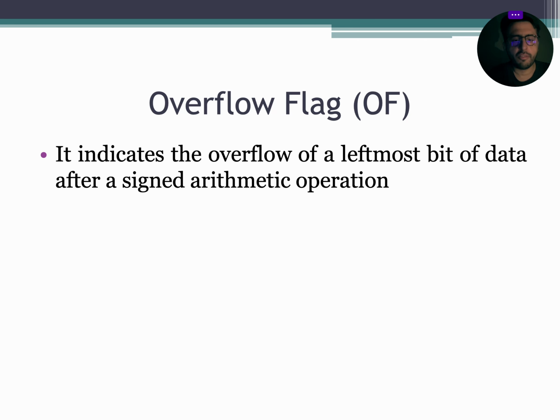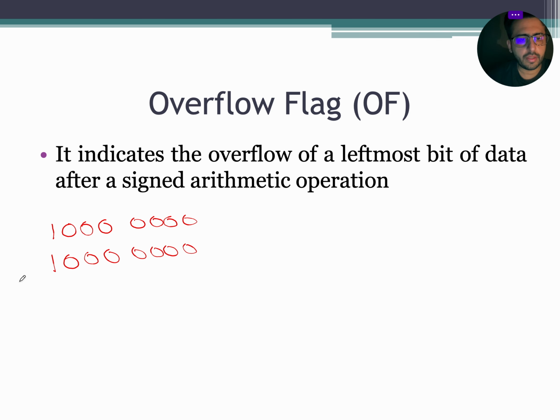Rule number 1. For addition, if both the sign bits of the given input data are same, that is 0 0 or 1 1, and the sign bit of the result after arithmetic operation is opposite to the input sign bit, then overflow flag is equals 1. So for the given rule, if the data is this and the operation to be performed is addition, then the result will be,